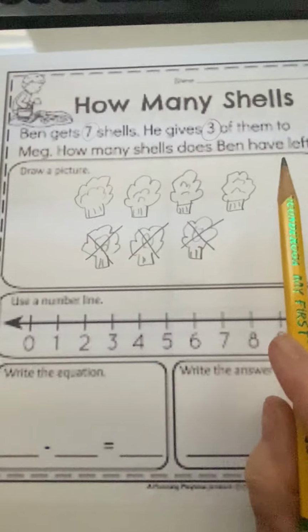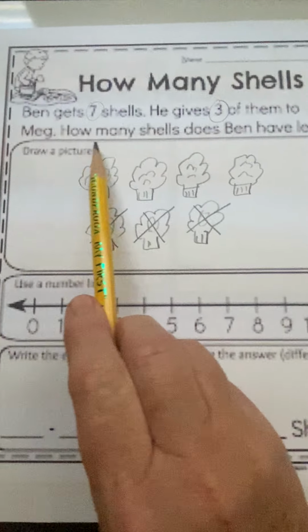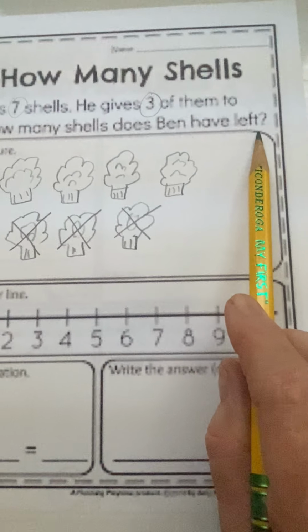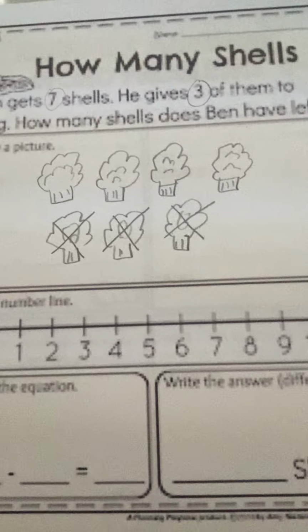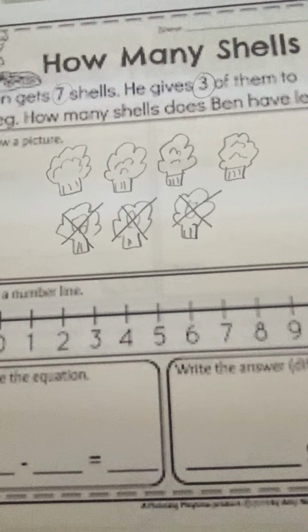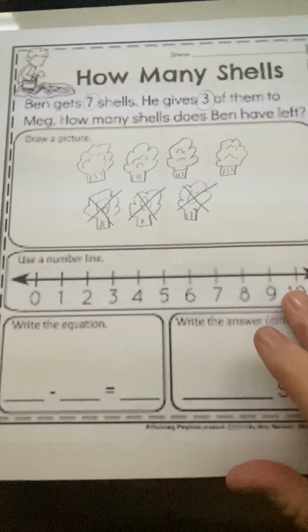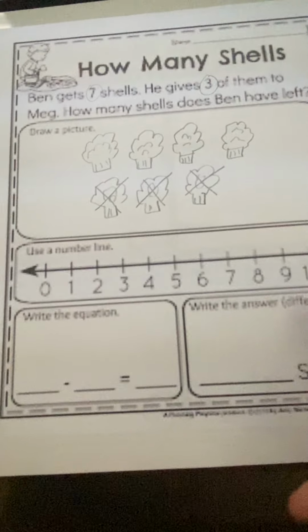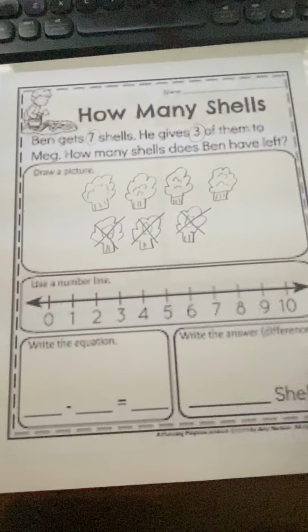So because the key word here is how many shells does Ben have left? Remember, that's kind of our clue. Okay, that he's giving them away, so we're taking away. And whenever you hear how many are left, that's kind of your clue to say subtraction. That's why I wanted to do this last one. We've done quite a bit of addition, but if you are looking for worksheets, try to find some addition and